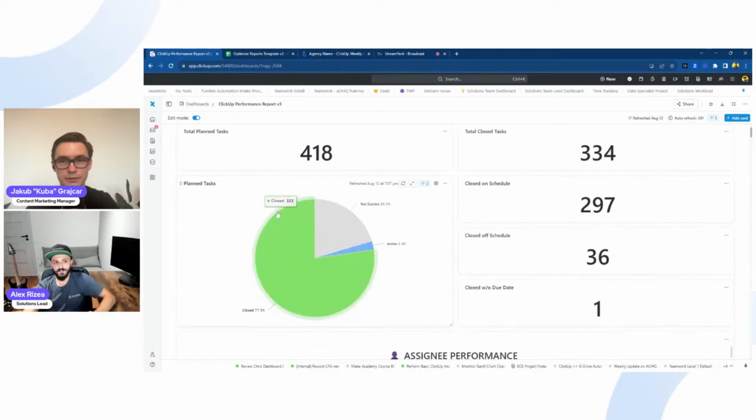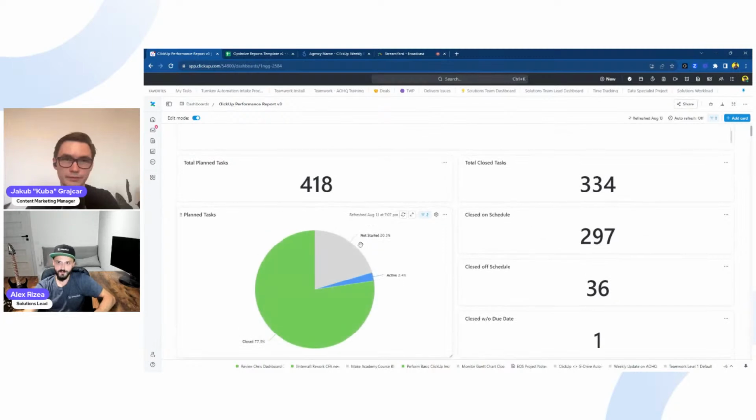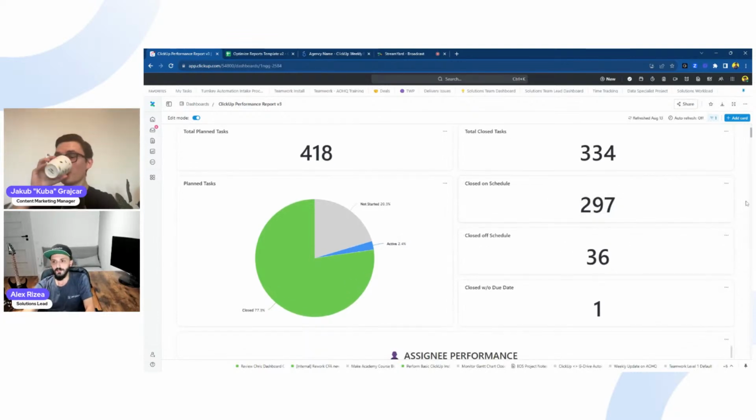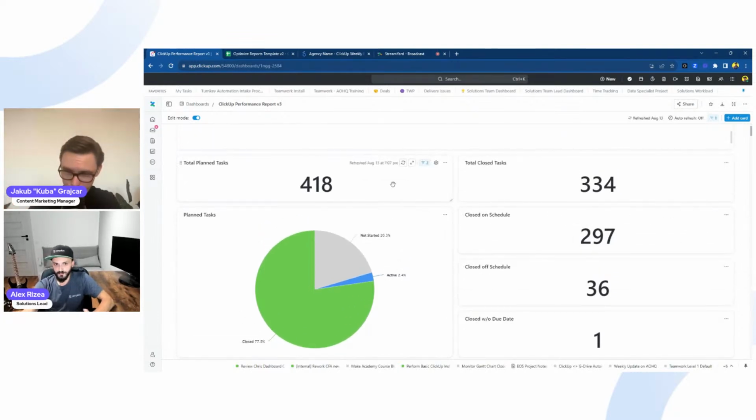And you want to find out the breakdown of what was closed on time, what's still not started, what's in progress. You want to see your total closed tasks by the team, how many of them were closed on schedule, how many of them were closed off schedule. You want to check something like this, and you want to calculate some more advanced ratios. If you've been watching our blog, there is an article there written by Jeff about the three ratios that you should be tracking in an agency. There we talk about the completed ratio, compliance ratio, and velocity ratio, which we'll see in just a bit.